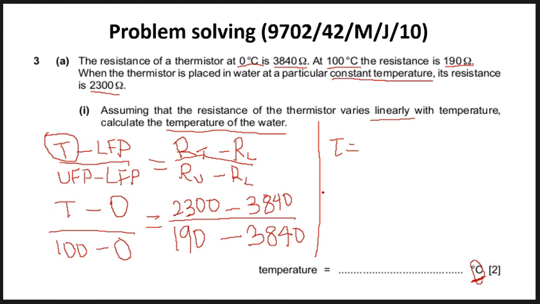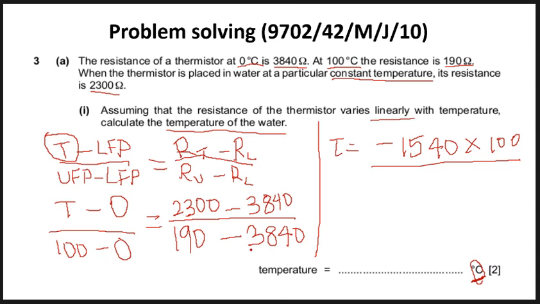That's 2300 minus 3840, which gives minus 1540. You can confirm this using your calculator. Then don't forget I have 100 there, so that is multiplied by 100, and all divided by